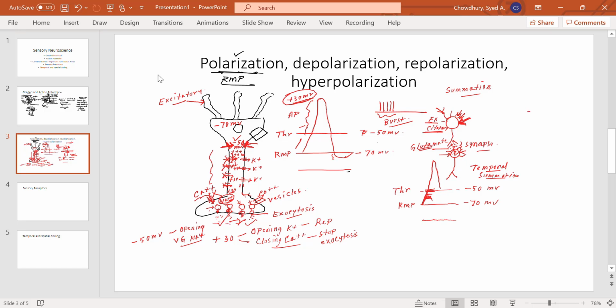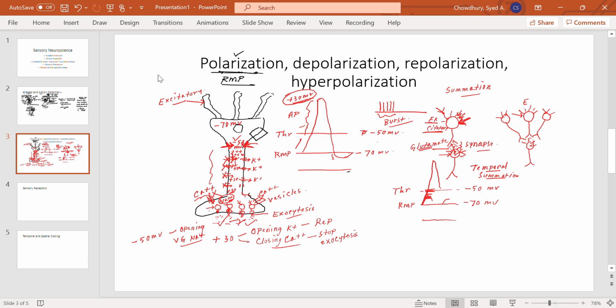Now, another way summation can occur. This is one excitatory neuron. This is the postsynaptic neuron. So here, this is the presynaptic neuron. If I present a stimulus here, it will not produce the action potential, it will move up to here. But if convergence occurs on this neuron, for example, this neuron is getting signal from all these three neurons, although individually, like this one,